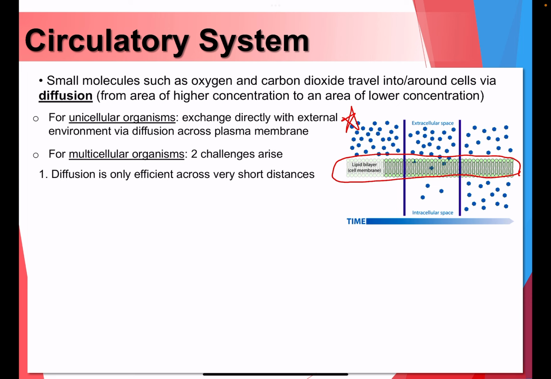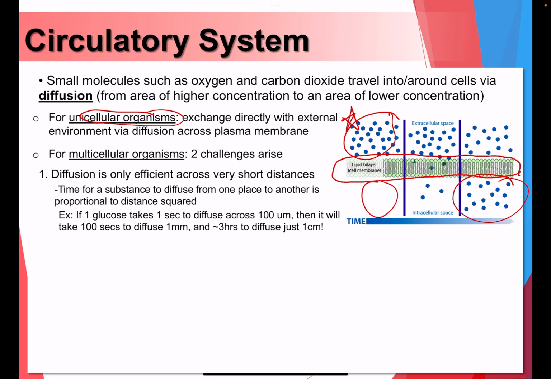It still takes some time for an area of higher concentration to go to an area of lower concentration, eventually equalizing the concentration of the solutes on either side of the membrane. But this is a very short distance, just the plasma membrane, like in unicellular organisms. With multicellular organisms, that's a big difference,